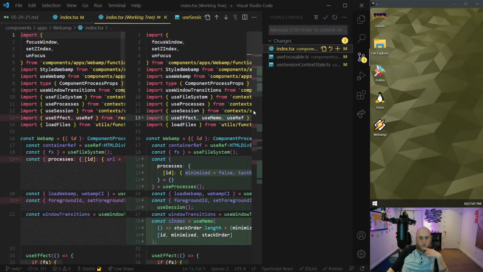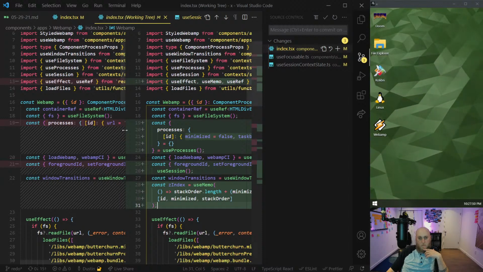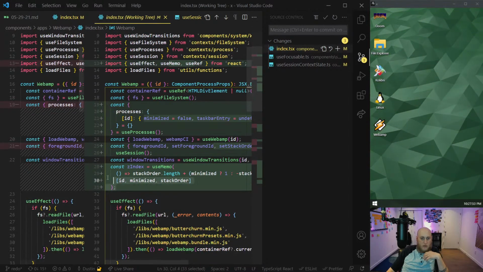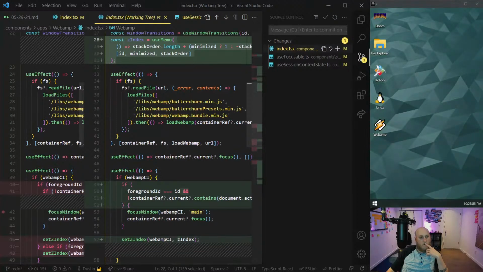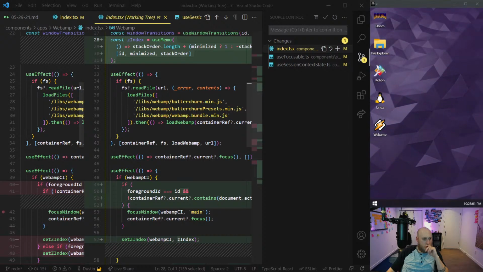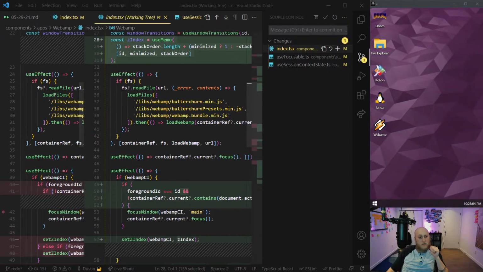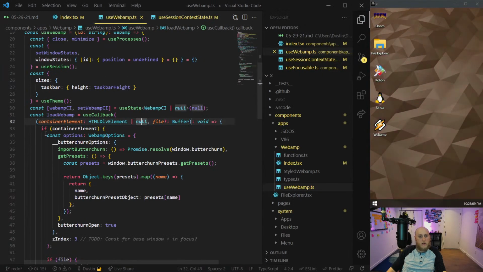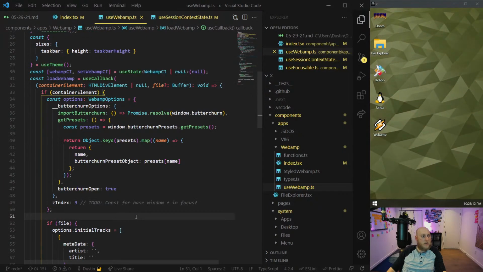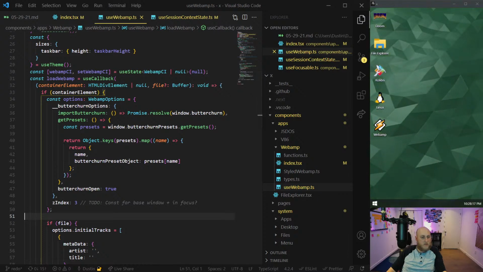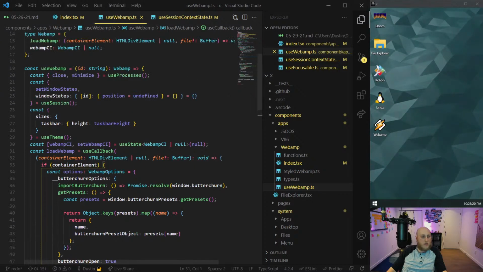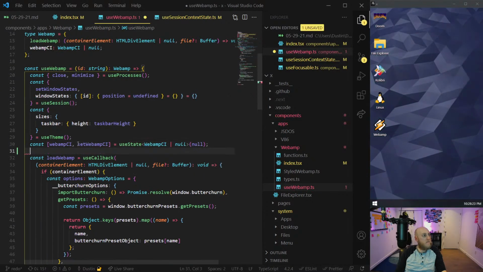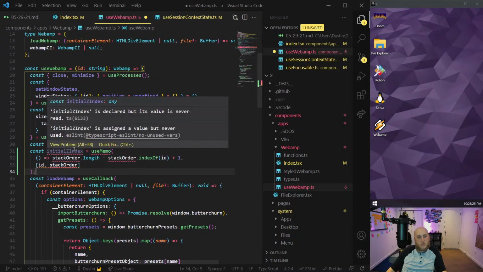What did I change? Let me just double check what I changed here. Right, we added the z-index to update here. That's all I had for changes, as far as I can see. Oh no, there's other changes. I need to do some initial changes as well to the Webamp hook, the use Webamp hook. When I initially load it, I also have to set the z-index on initial load. So we're also going to need it there just to be even more absurdly redundant. Oh, it's funny, actually, in my code, I did use memo this time. I'm inconsistent. So here I had what I was calling initial z-index.